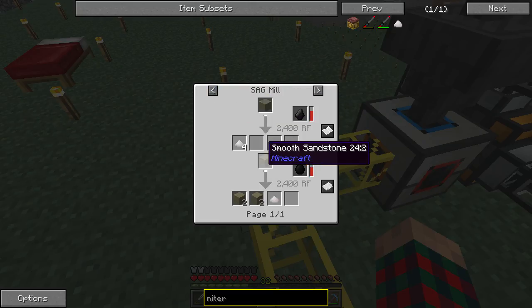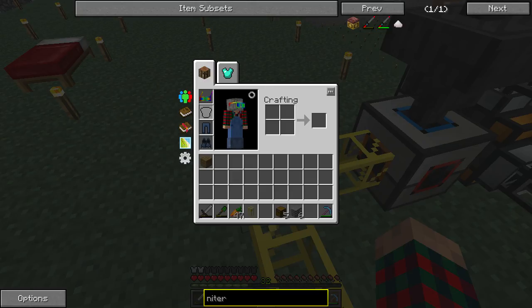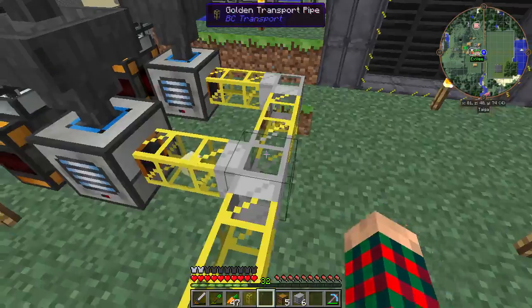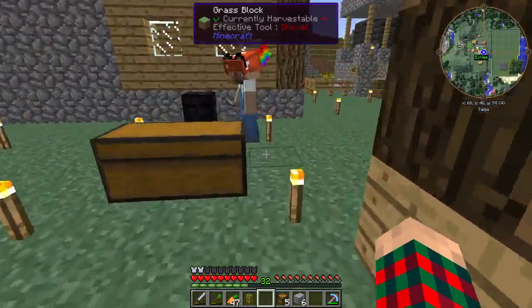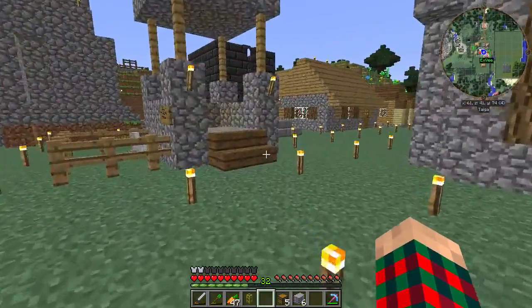Saltpeter ore, sandstone, pulverizer. Wait, what is that? Pulverizer. Alright. I'll go take a look at the chest and see if anything's coming out. It should be, I mean...